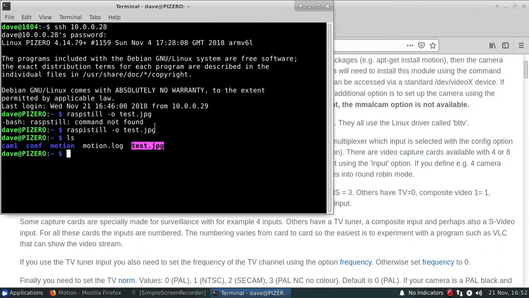If it doesn't, then make sure to enable the camera, validate that the cable is inserted and orientated correctly,